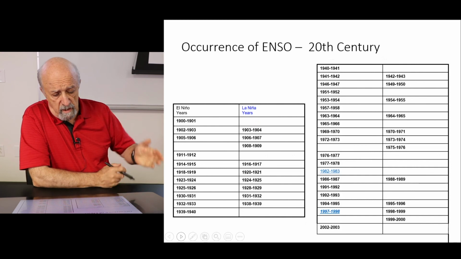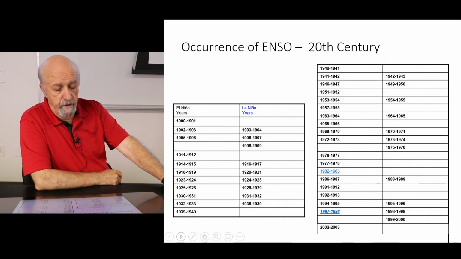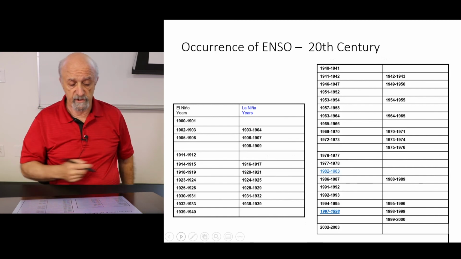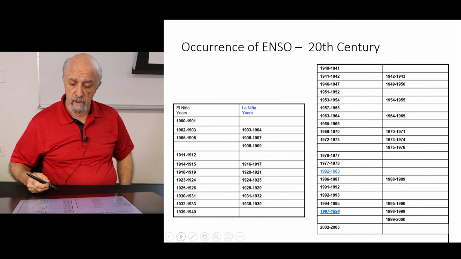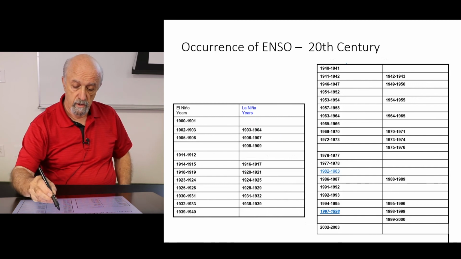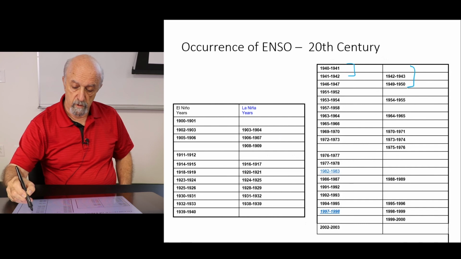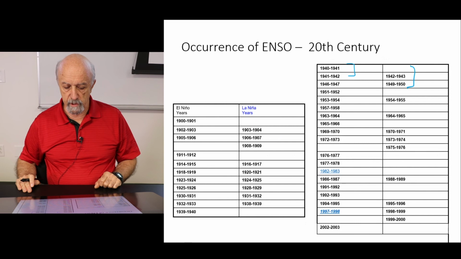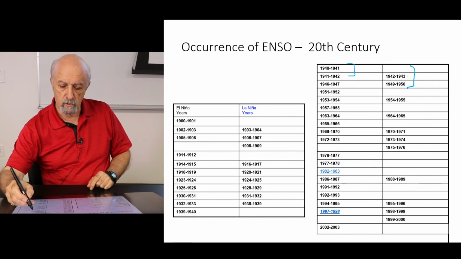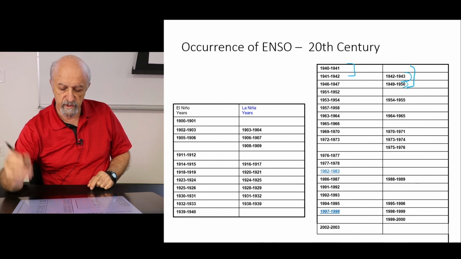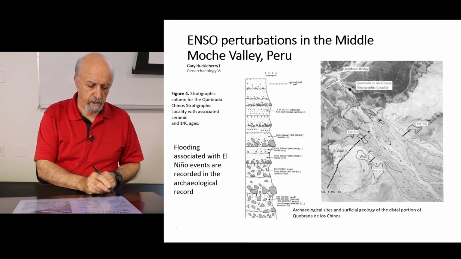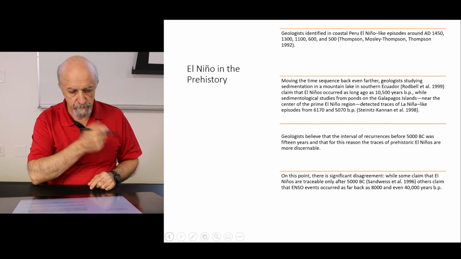But here we have a complete list of the 20th century and what happened during El Niño, during La Niña, if you happen to be interested in this, which is quite interesting. You see here some interesting points during the moment of worldwide events, like the Second World War. You see here during La Niña, very cold conditions in Russia happen to be more or less aligned with these two events. So there are some factors in here that can actually be explained.